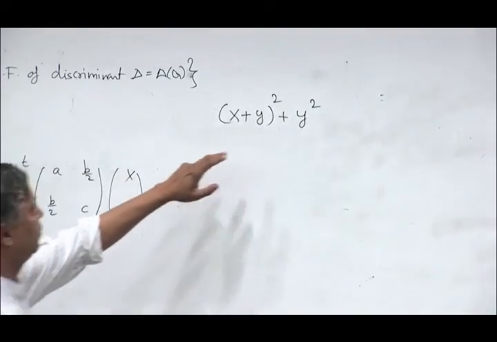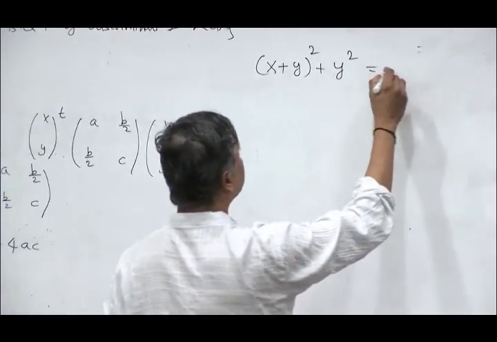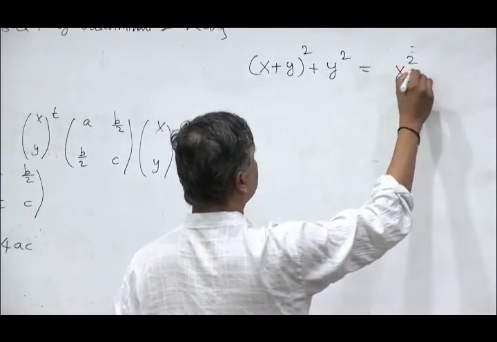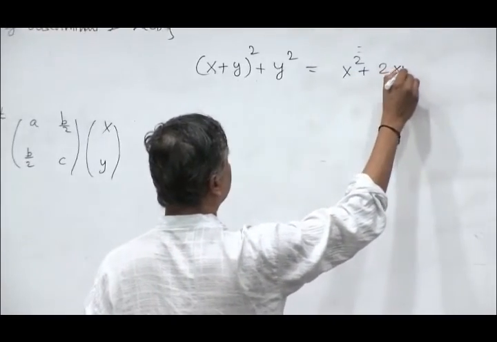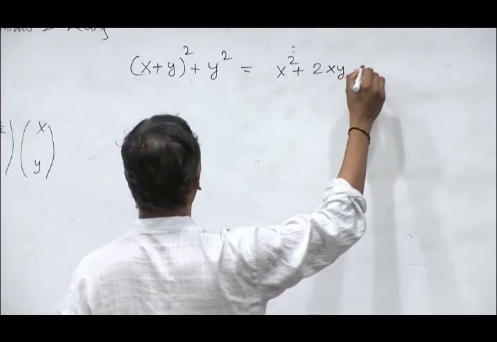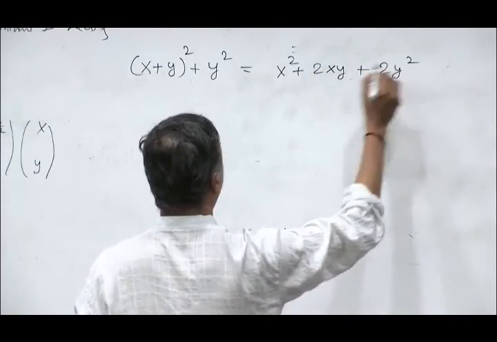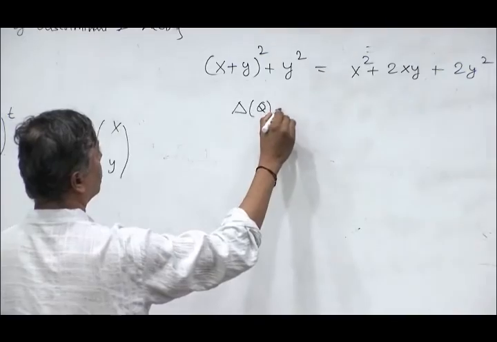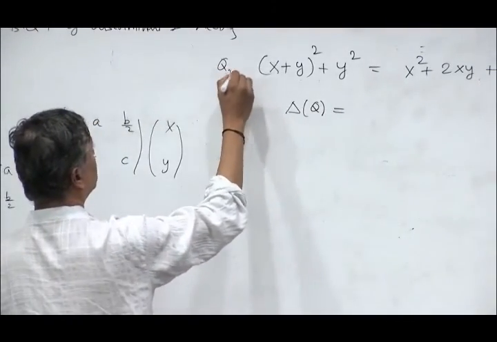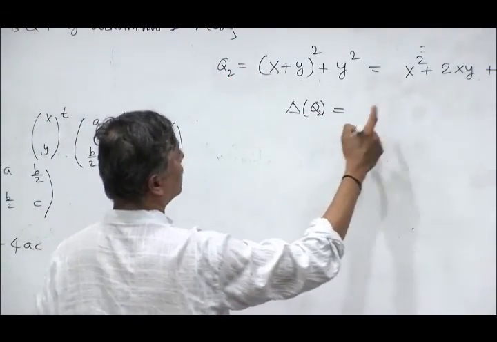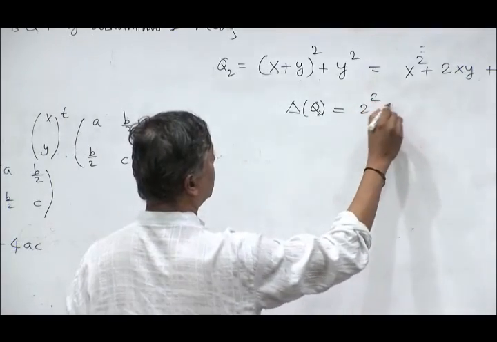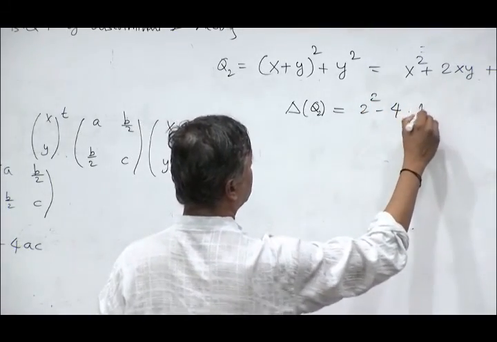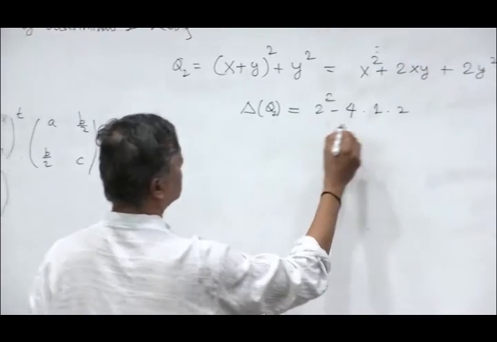If I have this quadratic form, this is the same as x square plus 2xy plus 2y square, and now let's calculate its discriminant. Let's call this Q2. It's b square, which is 2 square, minus 4, a is 1, c is 2, so this is going to be